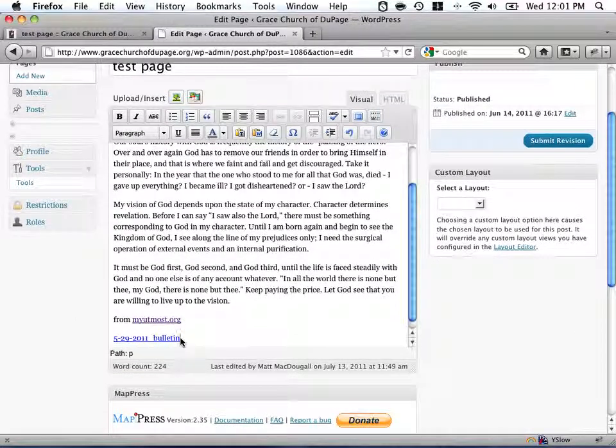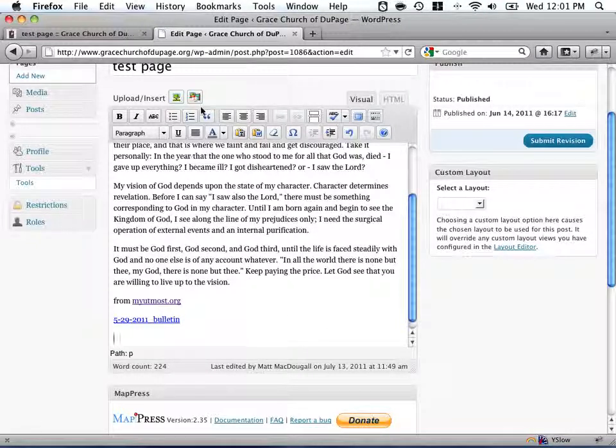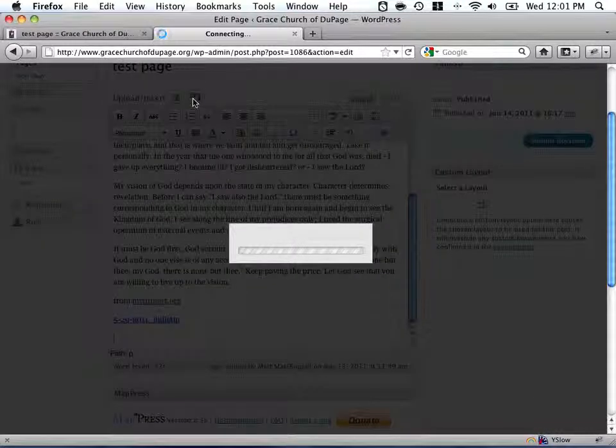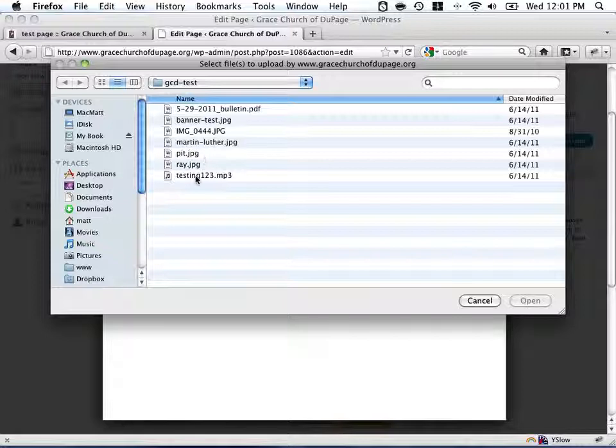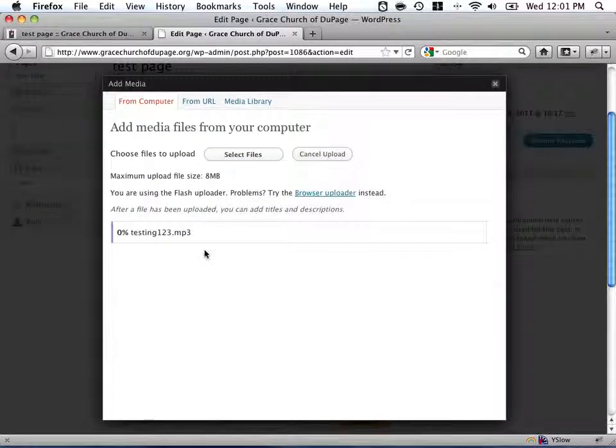Okay, there's that, and I'll show you when we go to preview our page how this will put a little PDF icon next to it so people know that they're clicking on a PDF and not a regular page. Let's take a look at adding an MP3. You can do the same thing, that same icon. Select files, put our MP3 there,